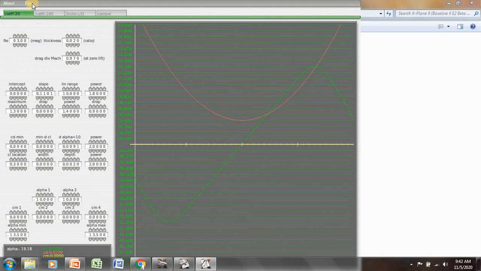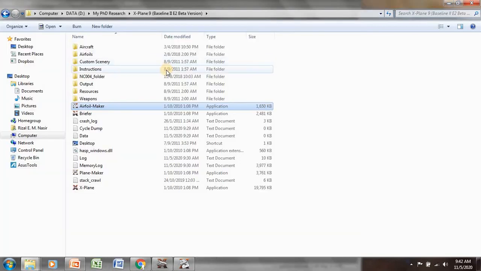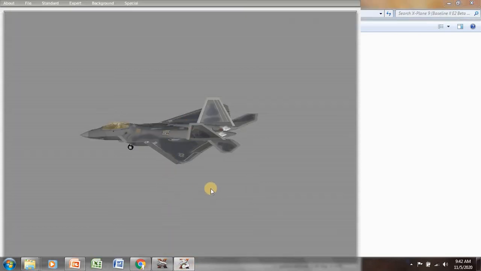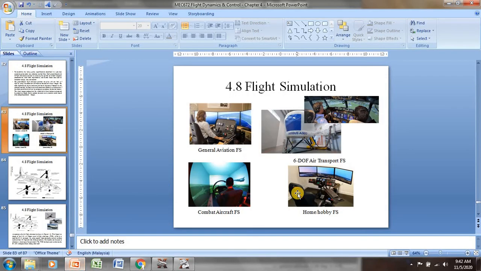But if you want this, just give me a call kalau you nak. Kalau tak nak, tak apa. Okay, you can just download other flight simulator to give you some kind of feeling of various type of aircraft, macam mana dia behave. Okay,